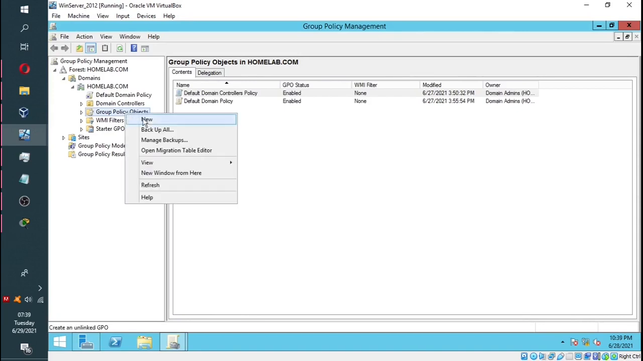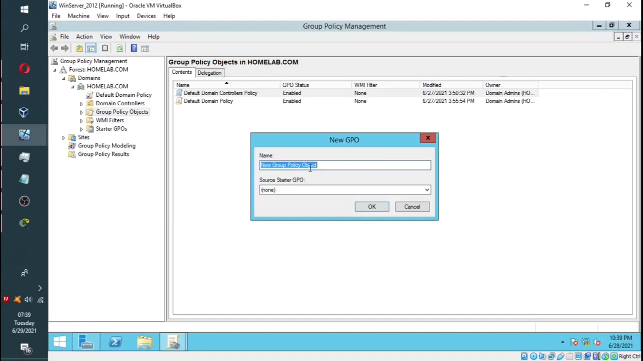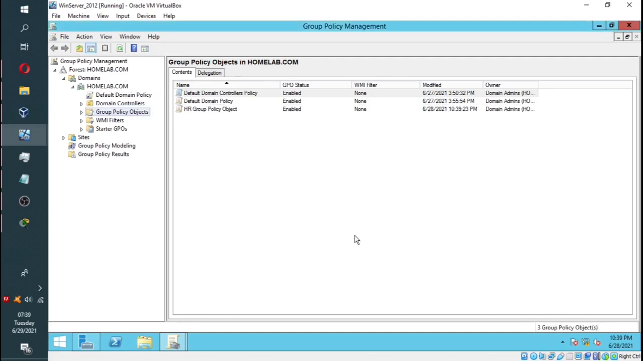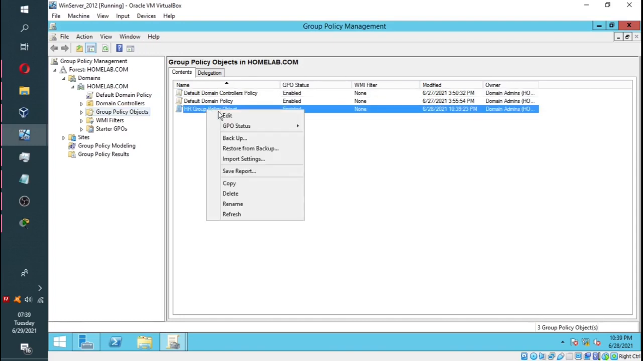So we're going to add a new one by simply right clicking and clicking on New, and we're going to name our policy HR. So this will be policies regarding the HR department. And now that we have our group policy object added, we need to assign policies to that group policy object. We do that by simply right clicking on the object and clicking Edit,